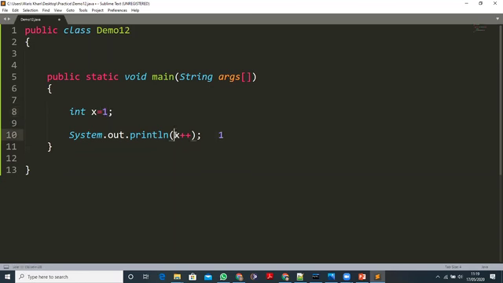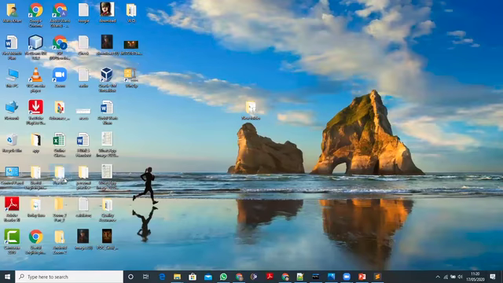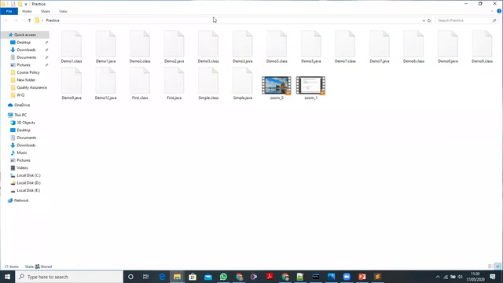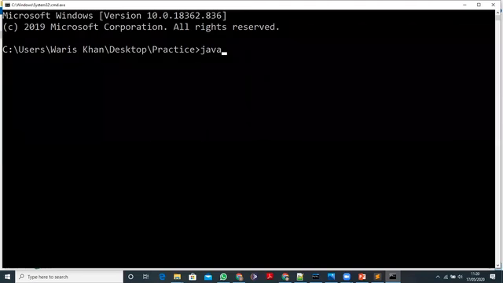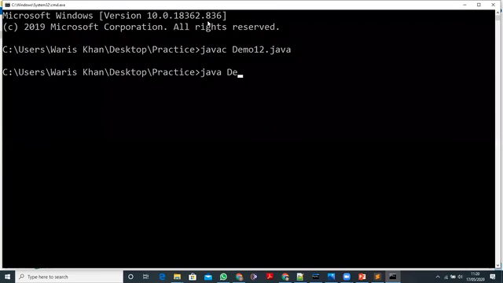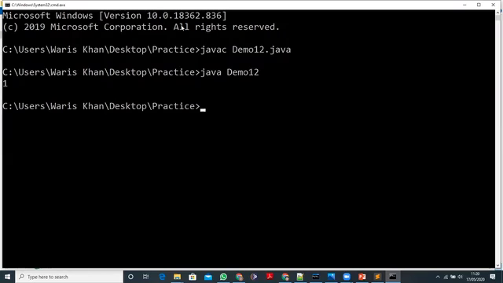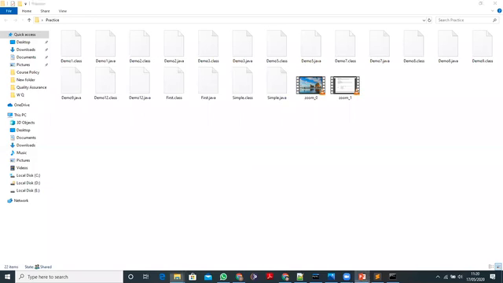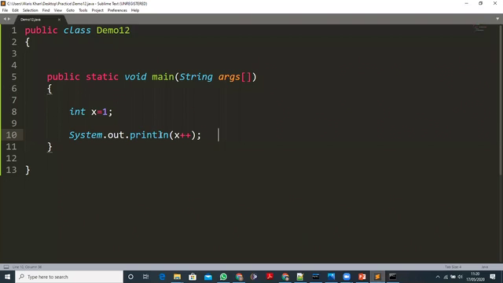First of all it will display x, but after that it will increment by 1. Okay, look here, when I save this project and go to the practice folder, I want to run this program. In cmd, javac demo12.java, and after that run demo12. So the result, look here, the result is 1. It is incremented but not displayed because of the rule of